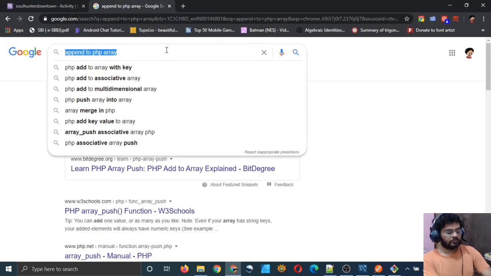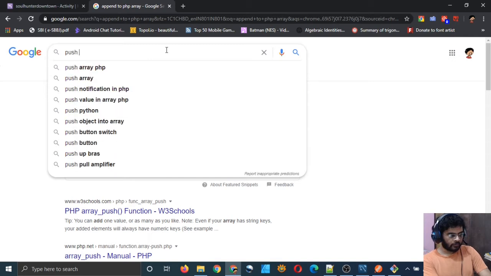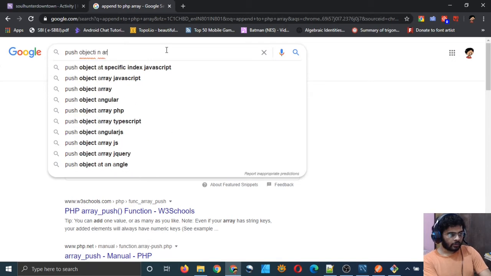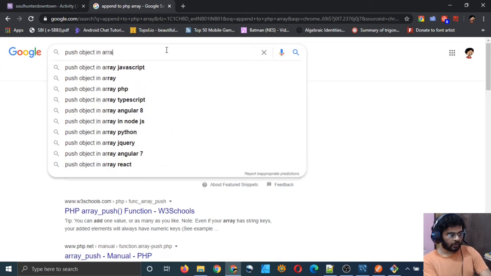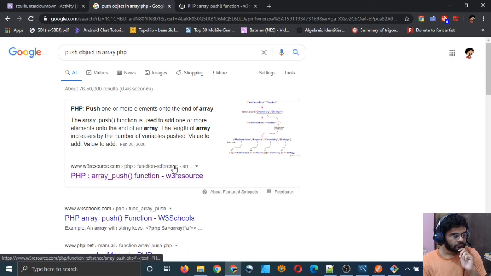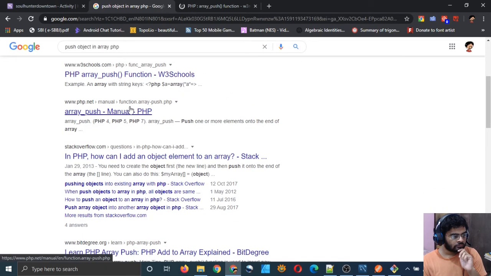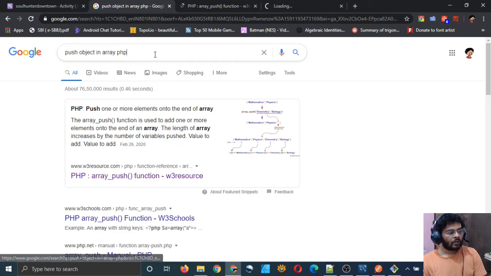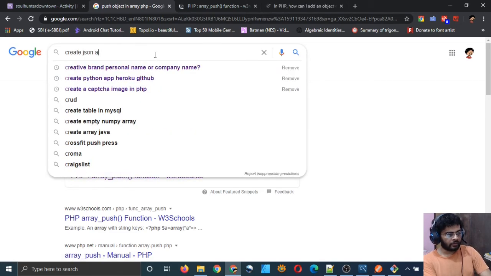Okay, let me now search push object in array PHP. I will also type create JSON array PHP.